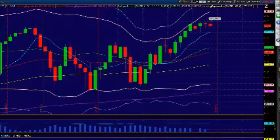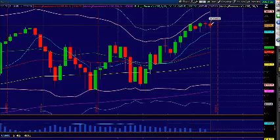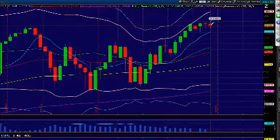Okay, S&P 500 E-mini futures. We've had a little bit of a push lower in the overnight session. We've traded as low as 87.25 off the Europe Open. Now, they bought it off the Europe Open, ran it all the way up to new highs up at 99.5, and then we saw a headline come out that the Germans had rejected the Greek extension proposal. And that sent us from 99 down to test S1 down at